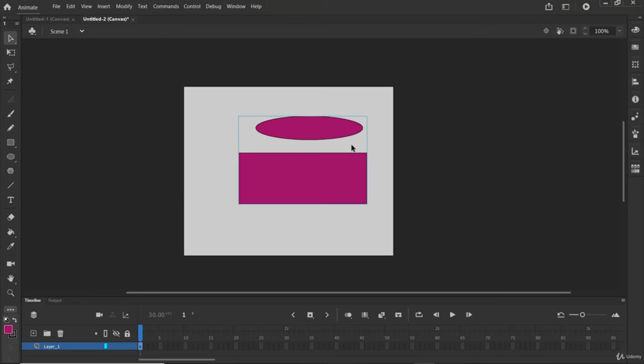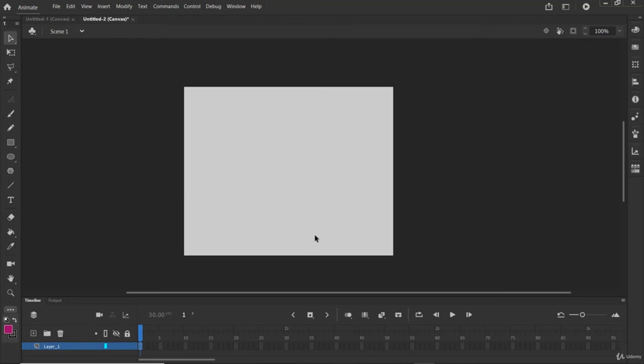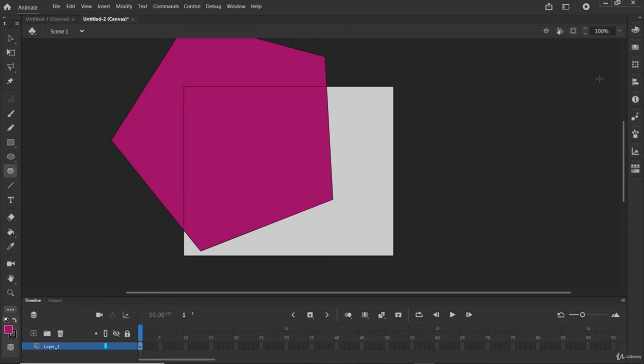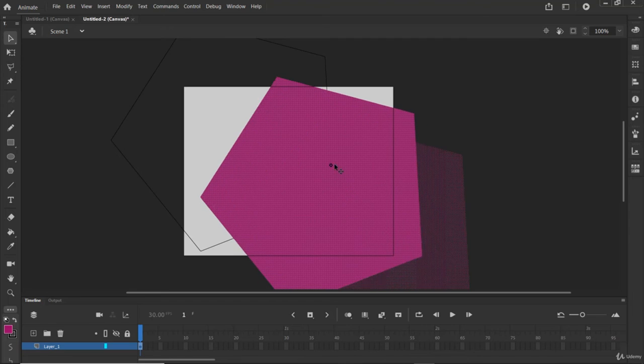So let me delete all this. You have to click on delete. Also you can delete right here. So let's draw this one. I think this big. As you can see, we can remove all the stroke the way we want, like this.